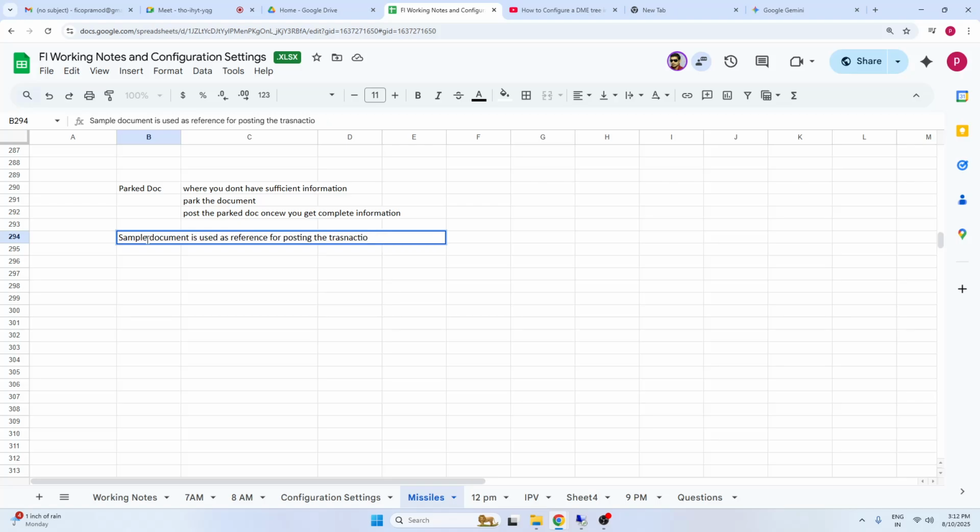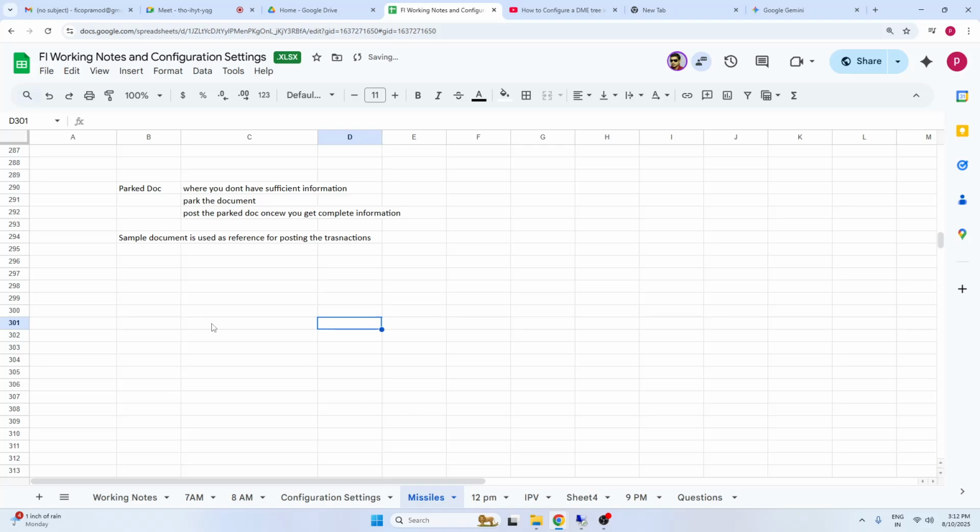Still doubt, Sakshi? Sample document is used as reference, right? Suppose you want to post 1000 transactions, similar documents, say stationery to cash account or bank account, similar transactions, 100 or 1000 transactions the whole day.